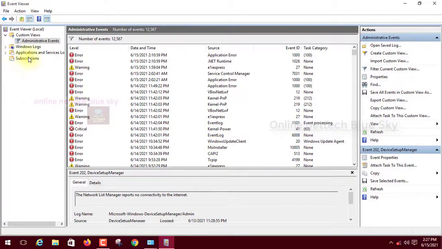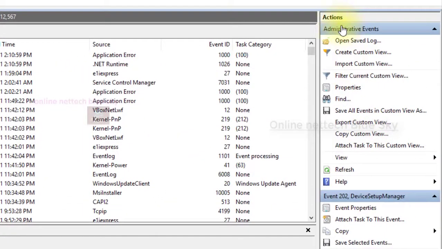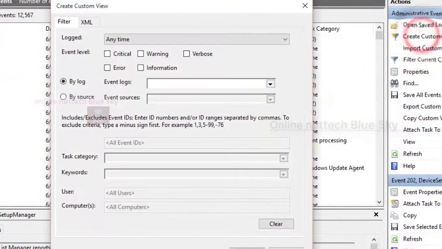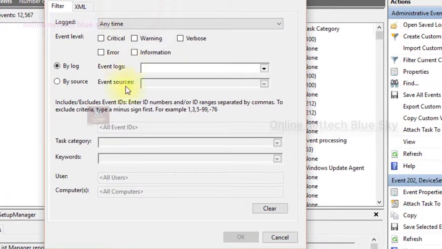So you can see the left side pane and right side pane, you can see administrative events. In administrative events you can see open saved log, create custom view. If you want to create a custom view, you can see it here. So click on create custom view and you can understand the filter. So what is a filter? You want critical information, or a warning only, or information, so I want warning only.